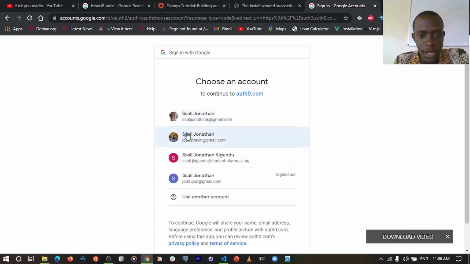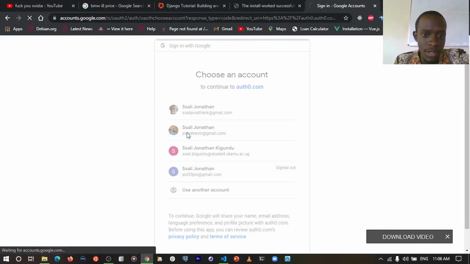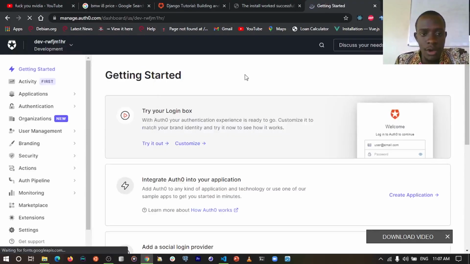So I most of the times use my Google account. So I'm going to log in with Google and then head over to my dashboard and create a new application. So you need to go to my account, the one that I want to log in with. I'll go to Sally Jonathan. So we expect to be redirected to a dashboard from which we shall be able to create an application with credentials. So now we are on our dashboard on Auth0, and the next thing we shall do is to create